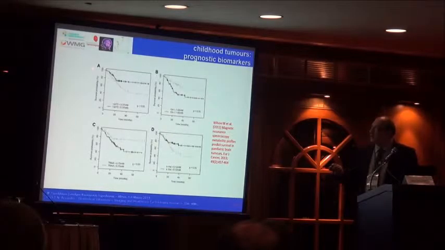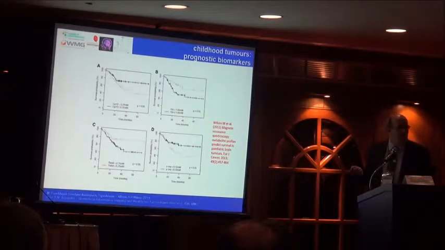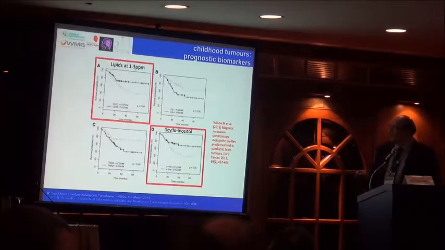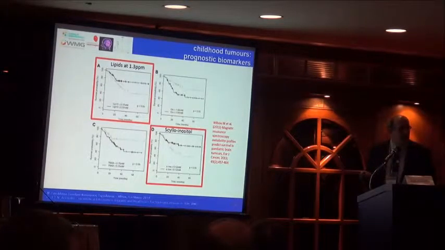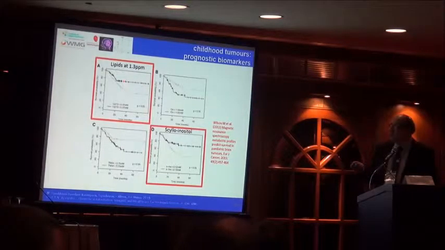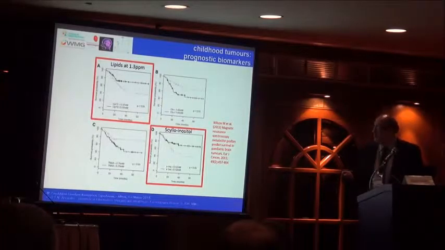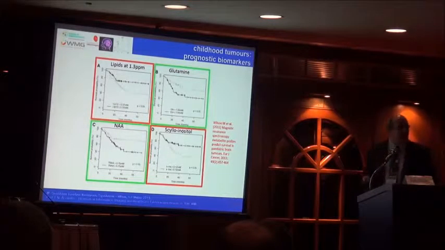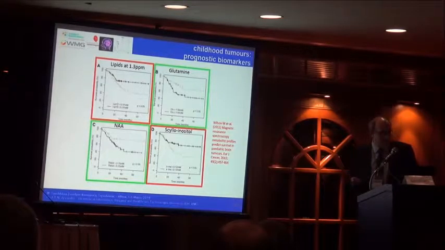And usually if the curve is like that, at the top, it means that the survivability is good, while if it goes down, it means that the survivability is bad. And actually, as I said, because we have learned a lot about the properties of this due to biochemistry, when we measure in vivo increased lipids at particular points of the spectrum, together with inositol, we have seen that these children don't survive, while when glutamine and NAA are increased, the survivability of the children is better. So we are able to say more about the tumor's behavior through the biochemistry and through the functional imaging approach.